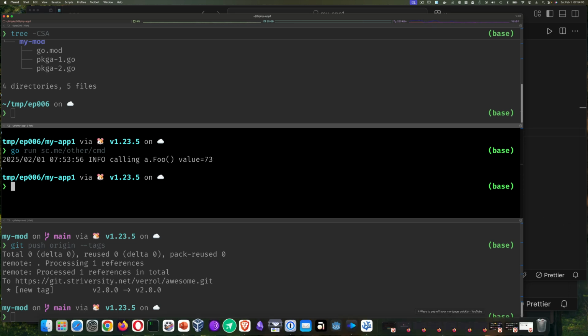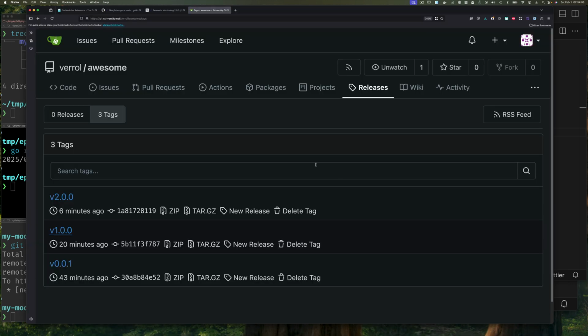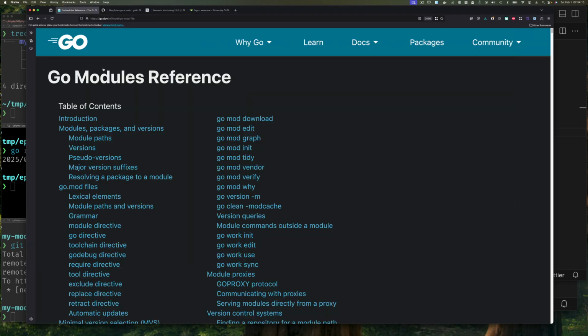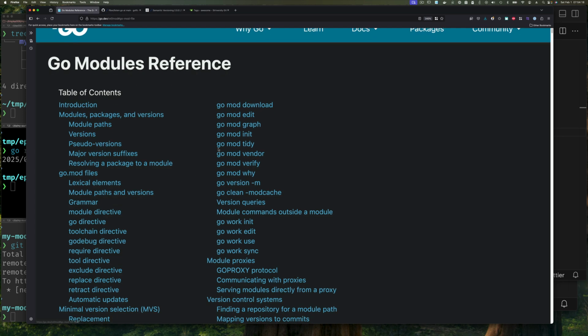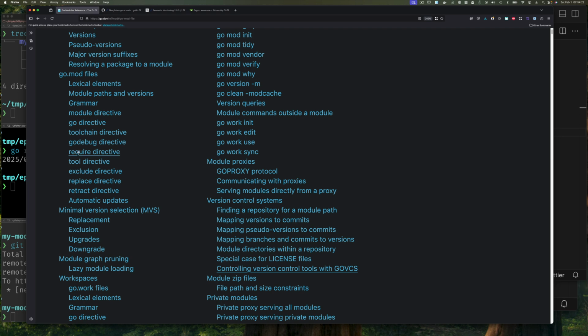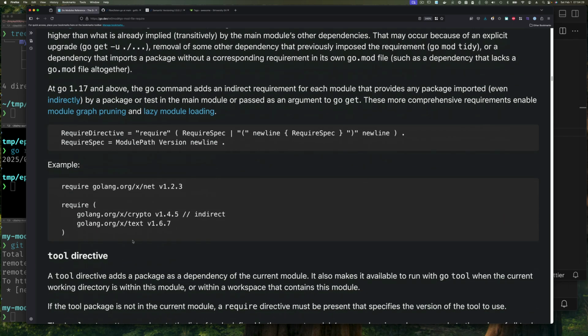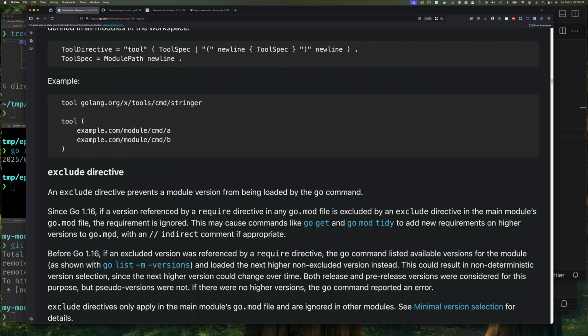Now, let me try and wrap this up really quickly because this is taking forever. So going back here, if we go to the Go module documentation, you'll see that there are all these commands. I just showed go mod edit, and go mod tidy, you saw me use that one before. We would go mod init to create our module. And then there are these directives. The require directive you saw, to say which thing you're depending on. And then they have the replace directive,